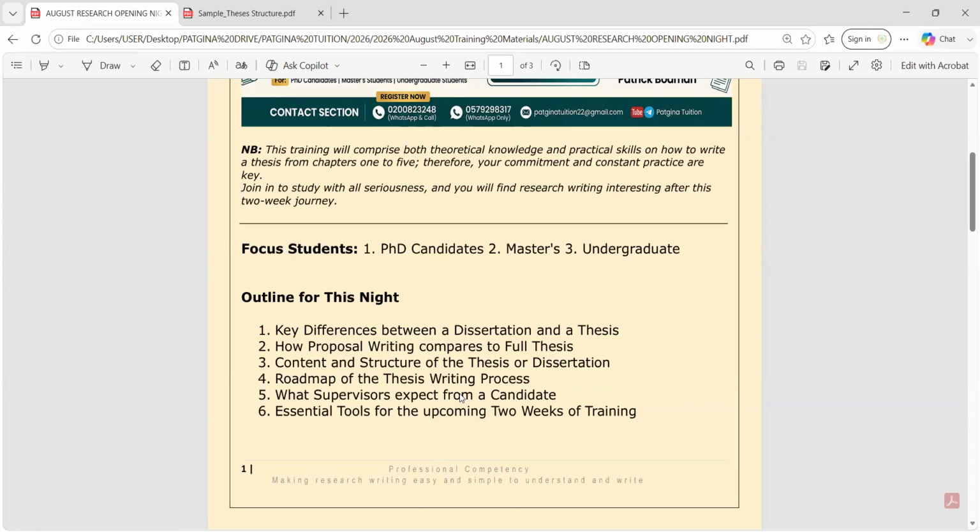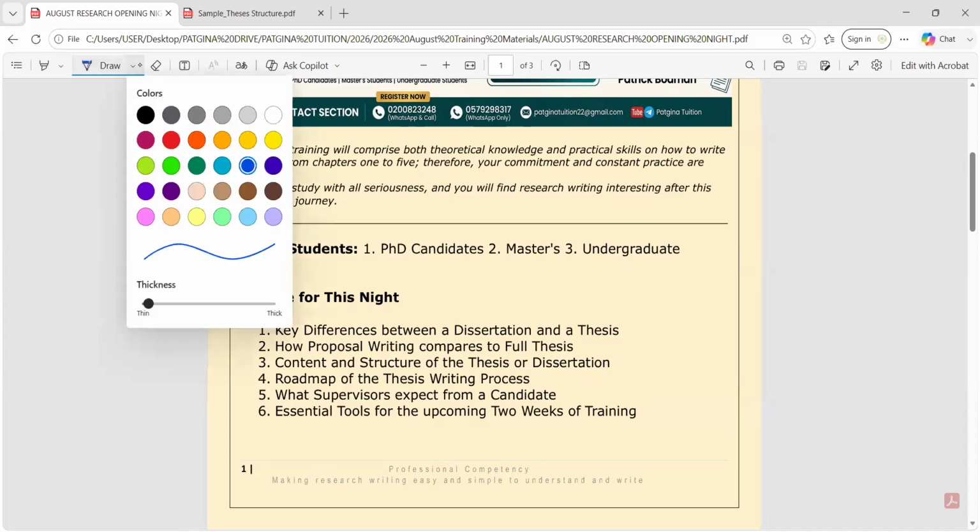Most of the time, people do not even know the foundation of thesis, but they say they are writing thesis. So tonight, I'm going to tell you some key ideas about research. The first one is about the key differences between a dissertation and a thesis. I know most of you have been hearing dissertation, thesis, dissertation. Sometimes you don't know which of them is which. And the truth is that when we talk of